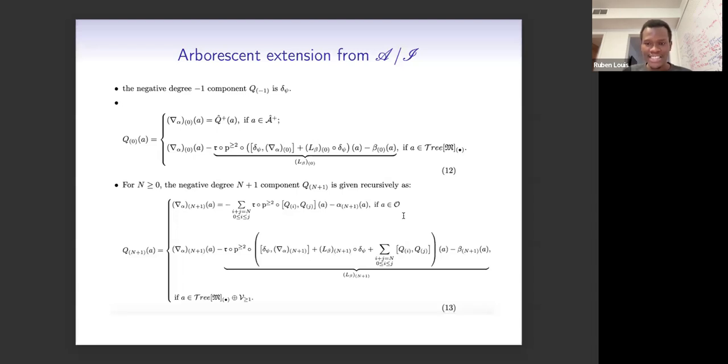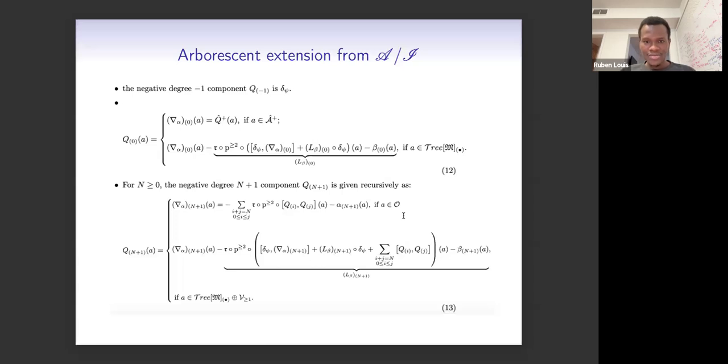But the total space now, when you put the negative part and the positive part together, is the product where the tree is in the negative degree, and the A plus is in the positive degree. Then you need to put those together, but we need to take some care,